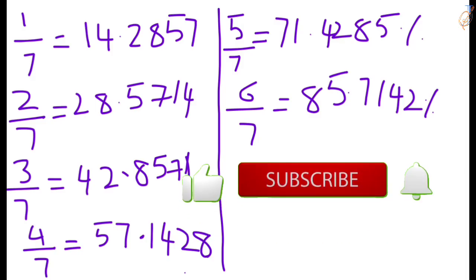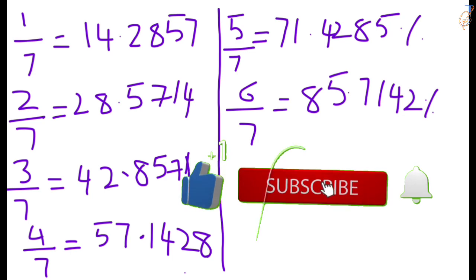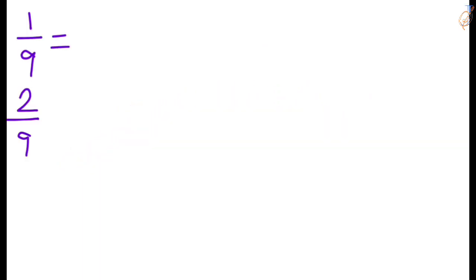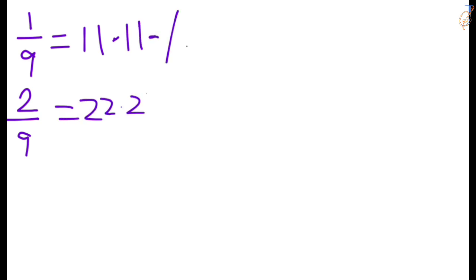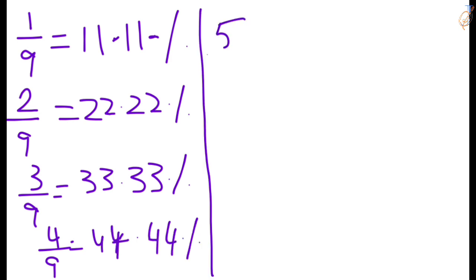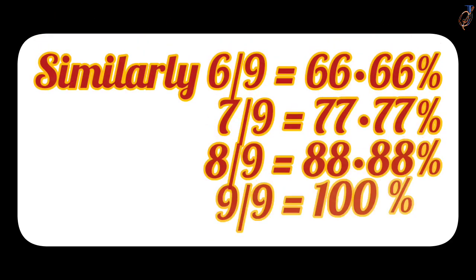If something is in the form of 142857, that means it is a multiple of 1 by 7. Let's see, fractions go in pairs. 1 by 9 value is 11.11%. Then 2 by 9 value is 22.22%. Then 3 by 9 value is 33.33%. 4 by 9 value is 44.44%. 5 by 9 value is 55.55%. Similarly,